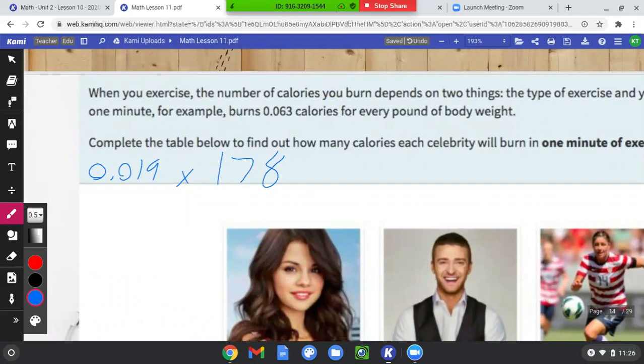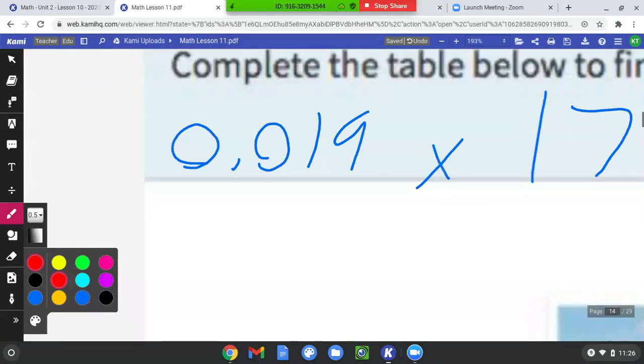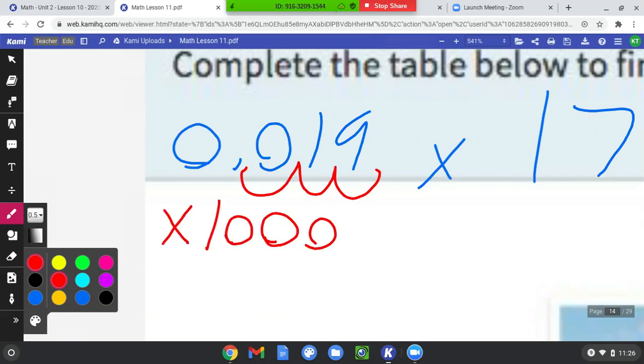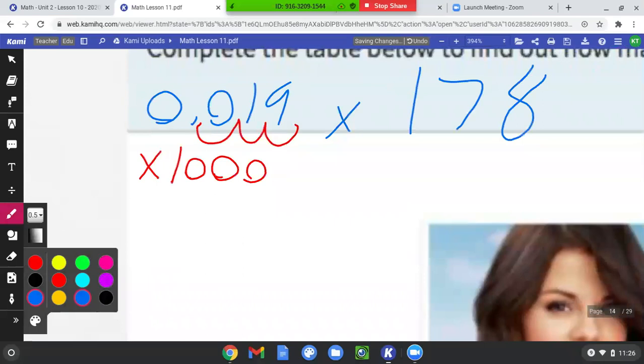178. Scholars, what am I going to do? I need to multiply up to a friendly place value. But which number am I going to multiply up? 178, that's already at a friendly place value. We're good. But 19 thousandths, that is not a friendly place value. So let's multiply that up. 1, 2, 3. I'm going to multiply it by 1,000 to get it to a friendly place value. Now it is 19 times